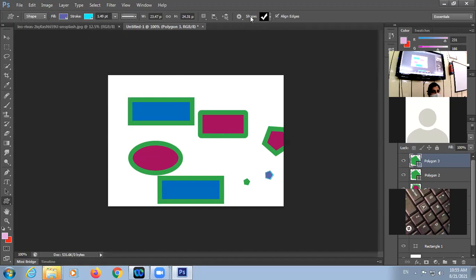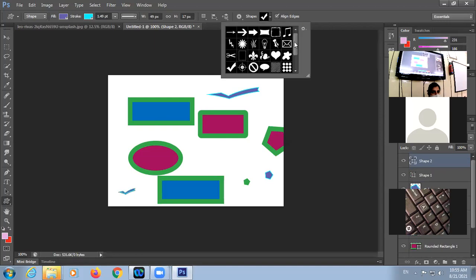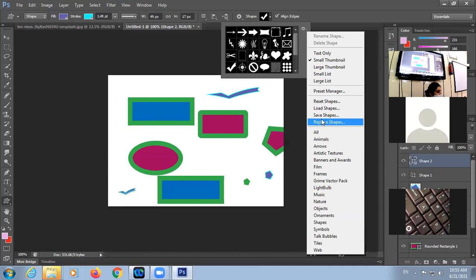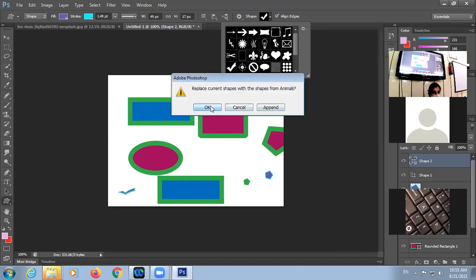Now look at the shapes here. So these are the custom shapes. Okay, right now the tick mark is selected by default. So it will draw like this. You can choose like this. So these are the custom shapes which are inbuilt available. Again, when you click on that, हमने ये gradient में भी किया था, कल मैंने आपको brush में भी बताया था. So simply click on that, so you can choose any kind of custom shape.